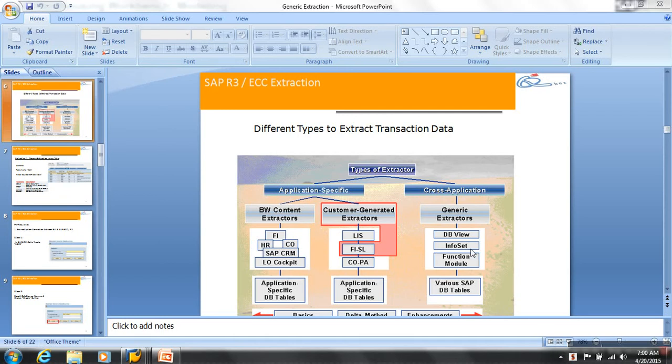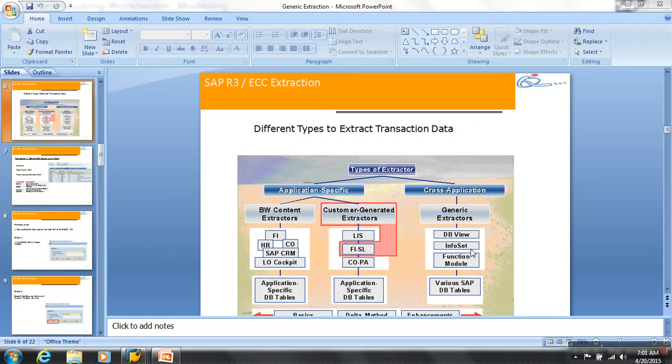Okay, boss. We are continuing with the last class. We started with extractions, and we just had a little understanding of generic extractors. When I say generic extractors, we are creating our own data sources, creating a data source from scratch on our own. So you can create generic extractors on what?